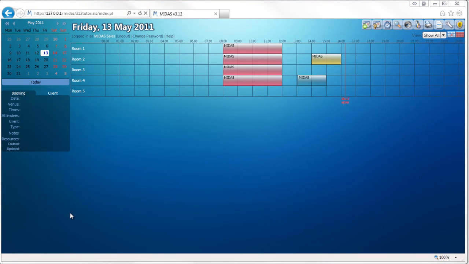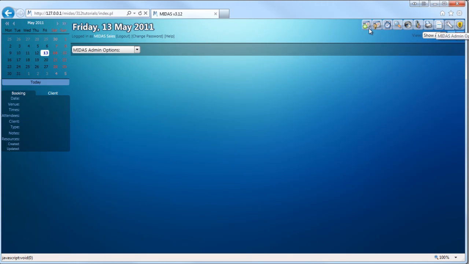Version 3.12 also allows you to set a global occupancy level across all your venues. Now, in earlier versions of MIDAS, you could set the maximum number of people that each room could safely hold. You can still do that in MIDAS 3.12, but now you can also set the maximum occupancy level across all your venues. To do this, you go to MIDAS Admin Options,